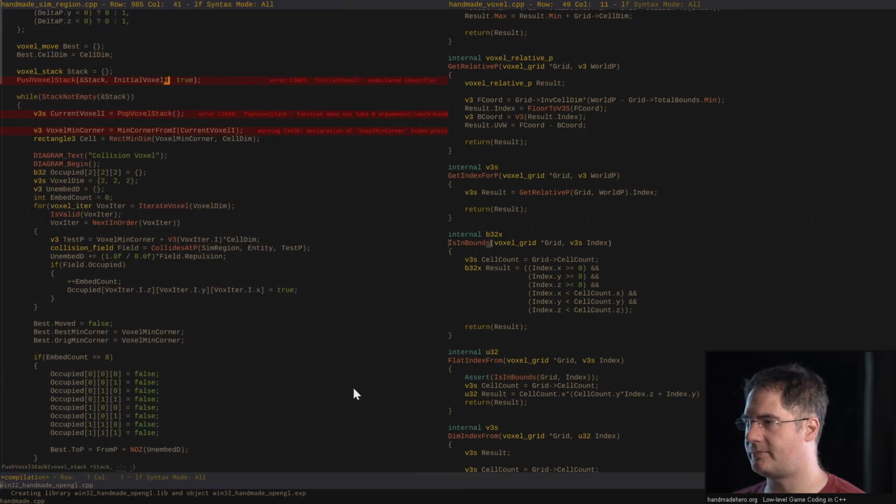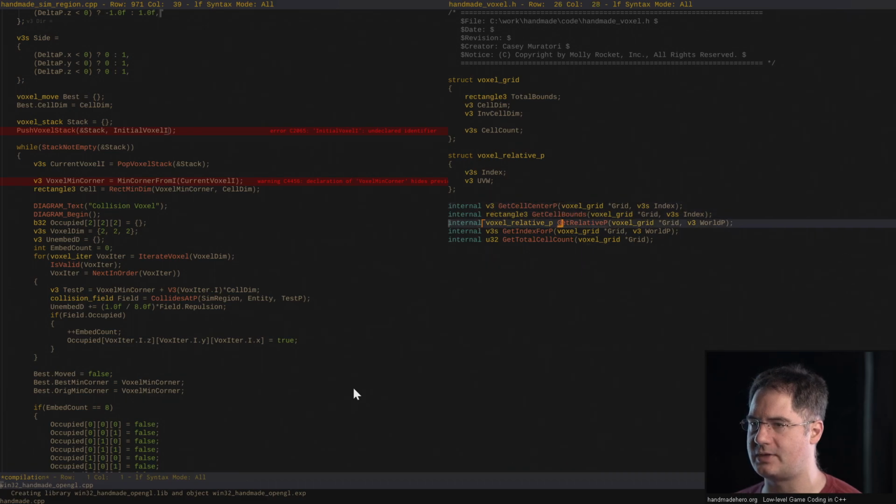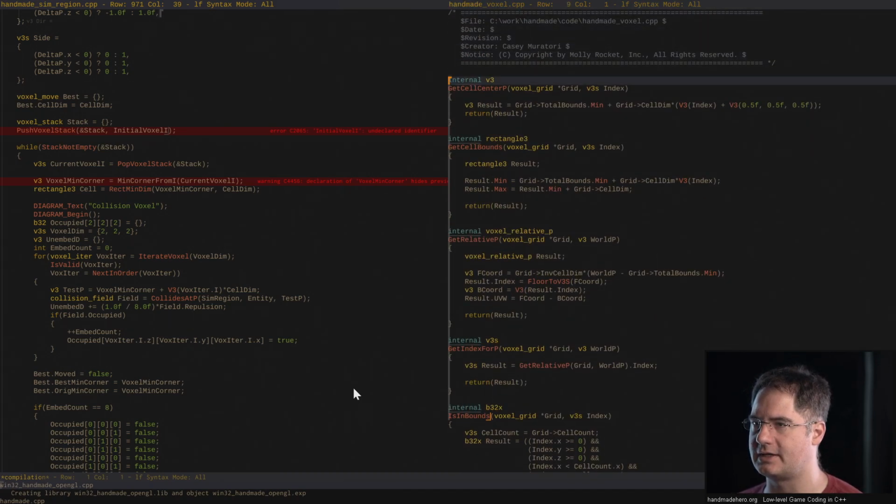So we push something onto the stack initially. We need to compute what that actually is, but that's fine. We loop while the stack has something on it. We pop stuff off of the stack as we go, right? And we actually know now, because we have one of these, we can produce the point for the center or the minimum or whatever, like cell, you know, get cell bounds or whatever. We can produce that